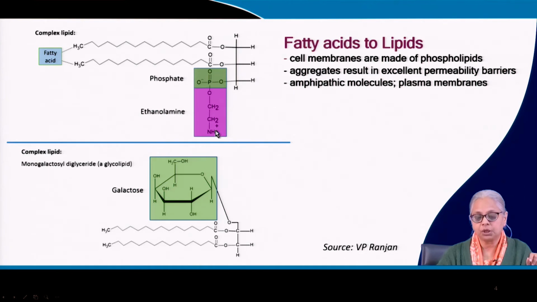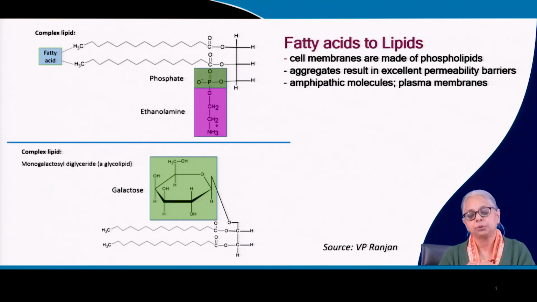So this part of the molecule is polar and it likes water, and the rest of the molecule is hydrophobic, it does not like water. So this gives it amphipathic properties, and these amphipathic properties are the fundamental basis of the formation of plasma membranes. So it's the hydrophilic hydrophobic interaction that results in a plasma membrane, because you get an orderly arrangement where all the heads face water and all the tails face each other, forming a layer in between, and this layer becomes